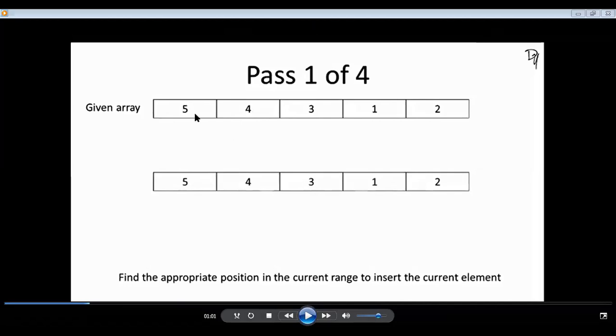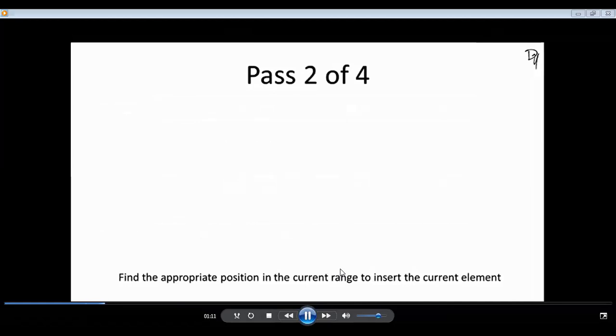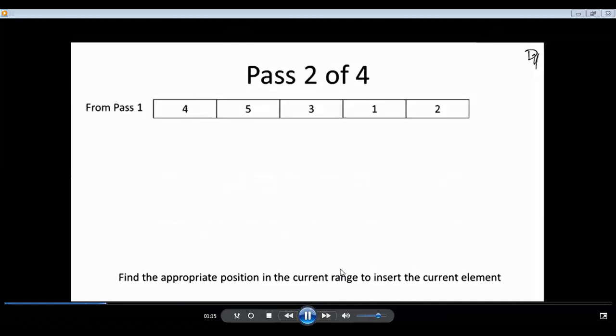Else, I have to swap these two so that these 2 elements are sorted, right? We will see. So 5 and 4. We are considering only those 2 elements in the first pass. If the current element 4 is smaller, we are exchanging.